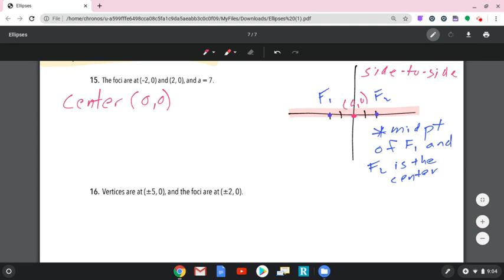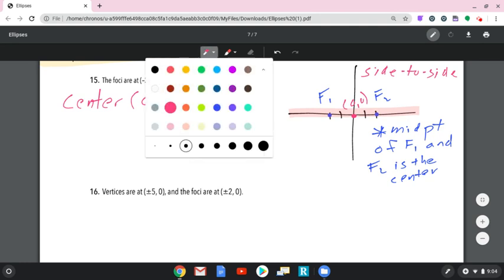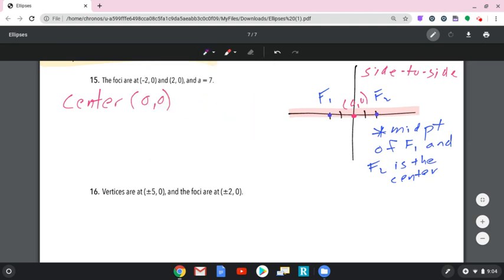So if it's side to side, I know A goes under X. So what do I need to find now? I need to figure out how to find B. Now let's recall, guys, that